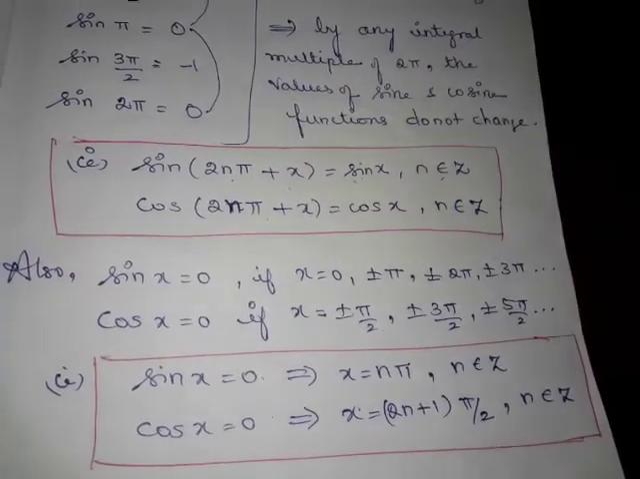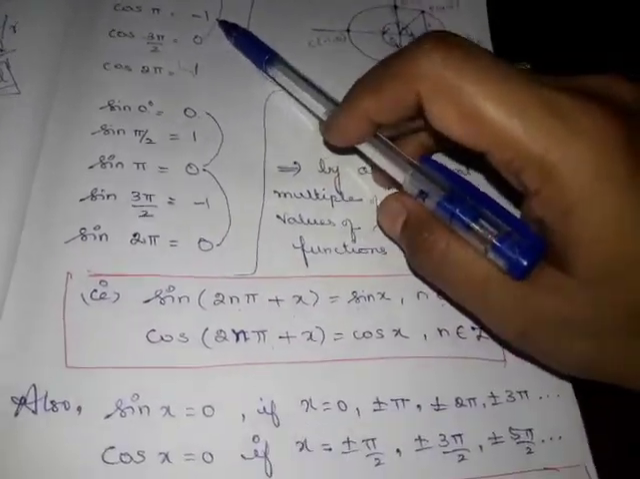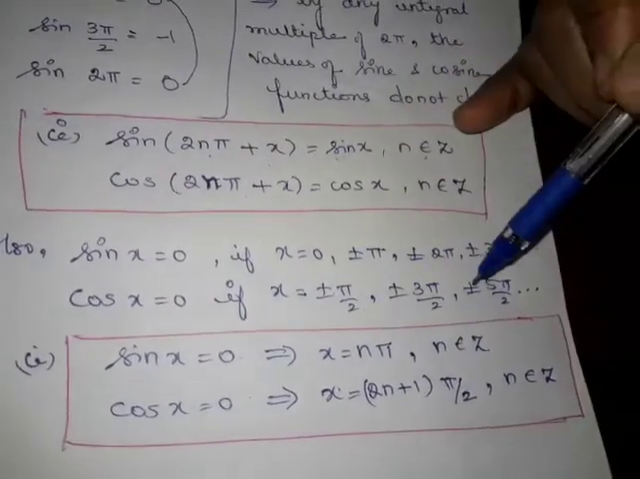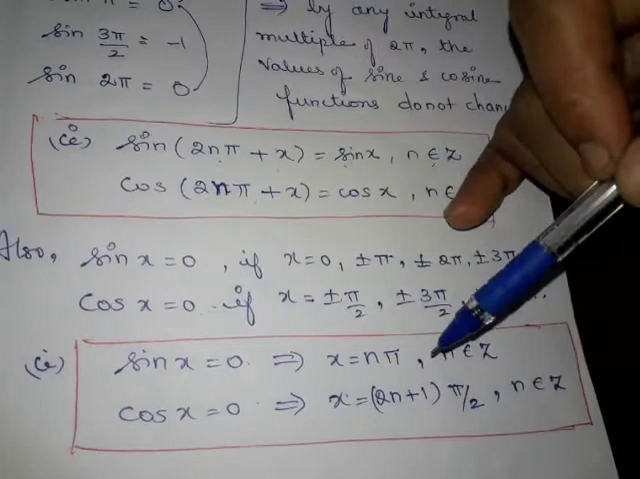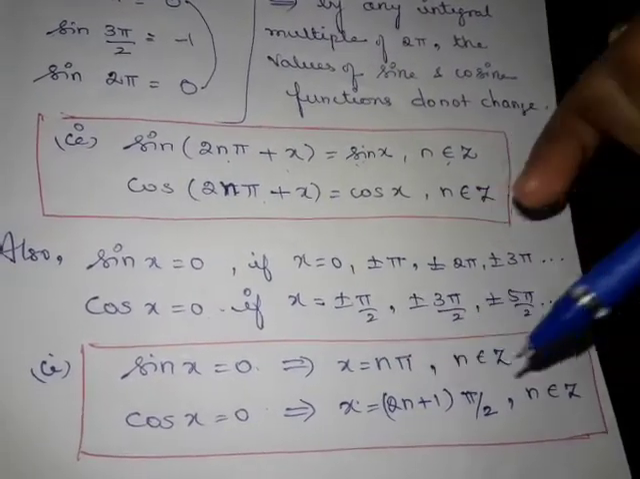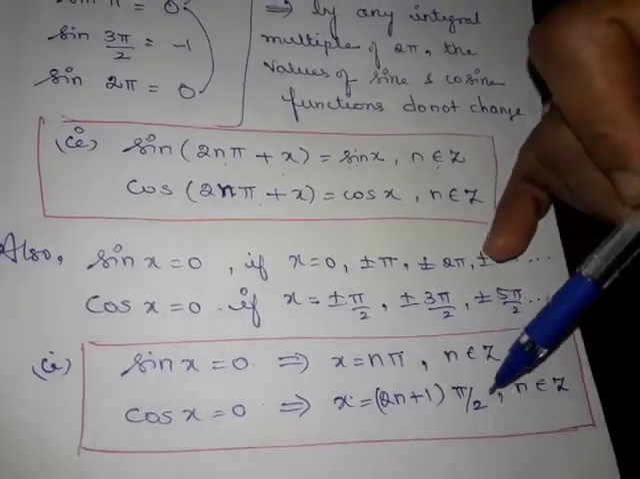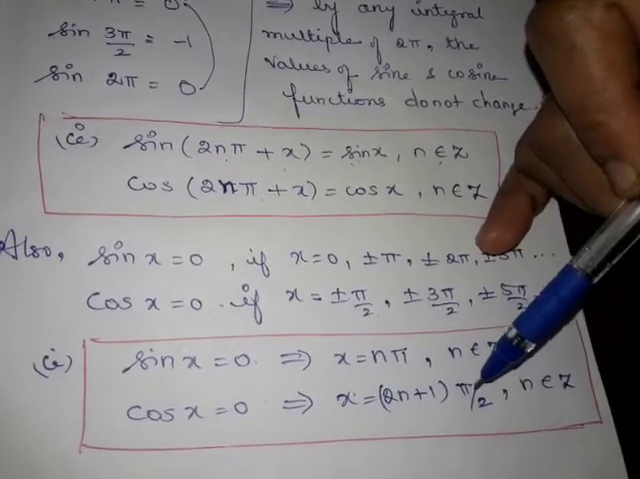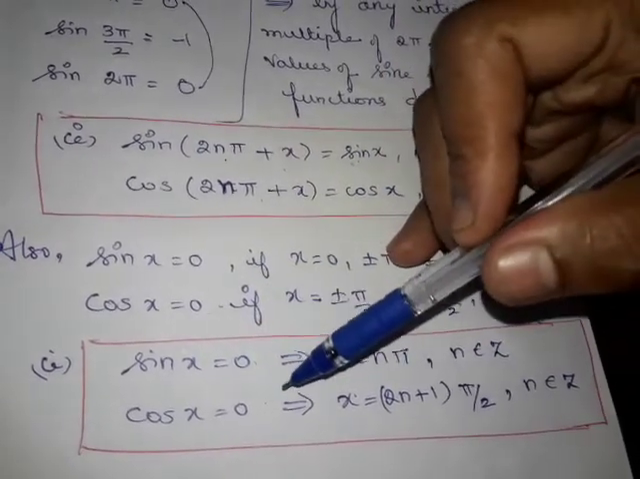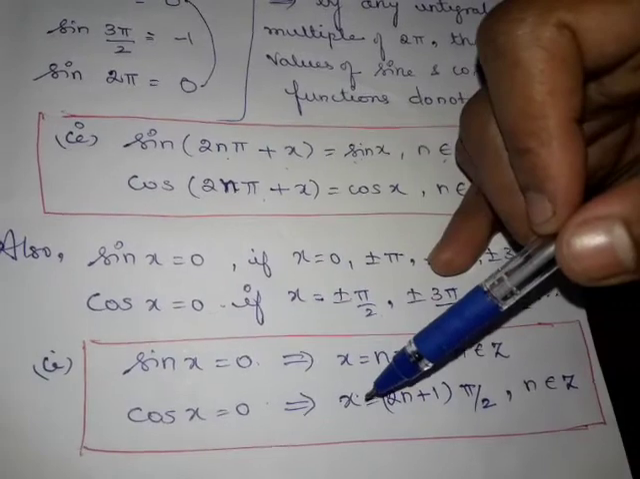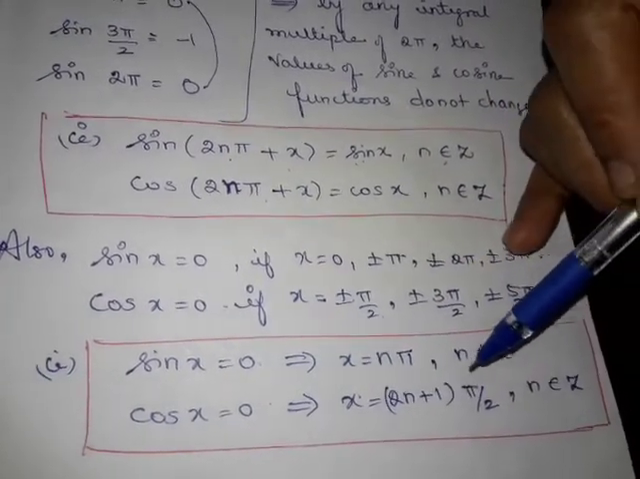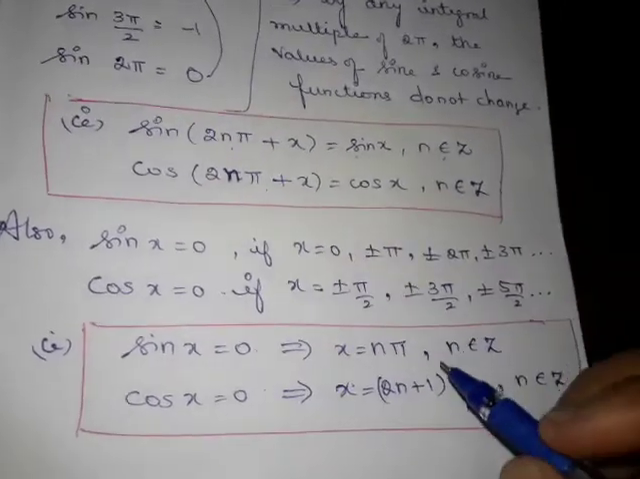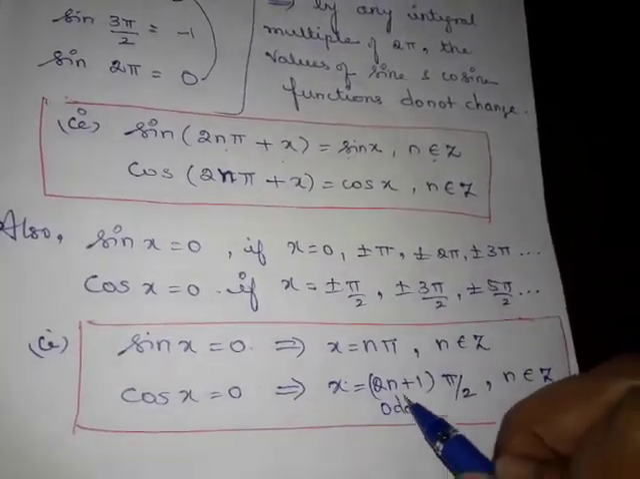Because cos pi is not 0, cos pi is actually minus 1, right? So this is not true. So for the cos value, it will become 0 only during the odd integral multiples of pi by 2. I repeat, cos x will become 0 only when x takes an odd integral multiple of pi by 2. This is called an odd integral multiple